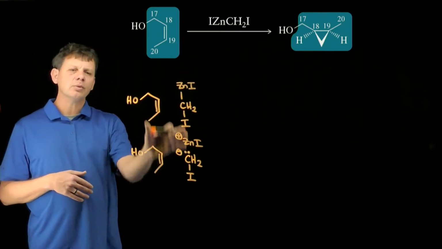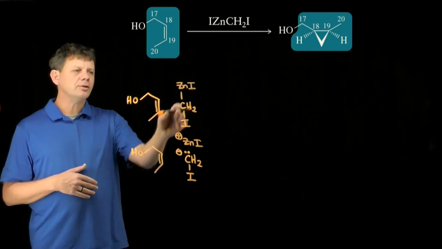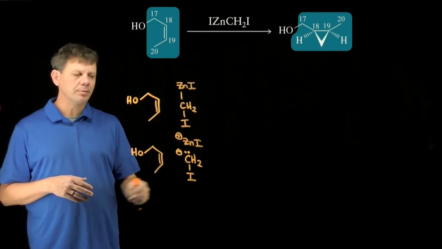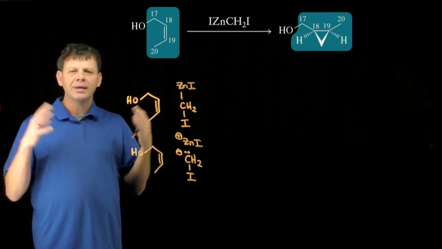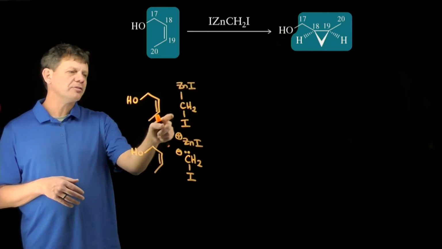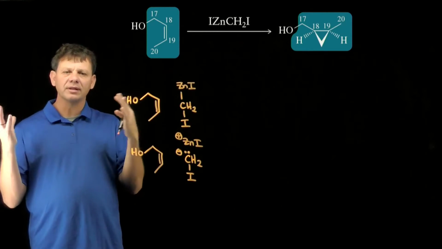Now you'll see I've got it redrawn on the screen twice. I'm going to show this mechanism in two different ways: one using the non-ionic rendering of the Simmons-Smith reagent, one using the ionic. You'll see that our arrows are basically the same. And so we can draw this, when this carbenoid, the Simmons-Smith reagent, we can think of as both electrophilic and